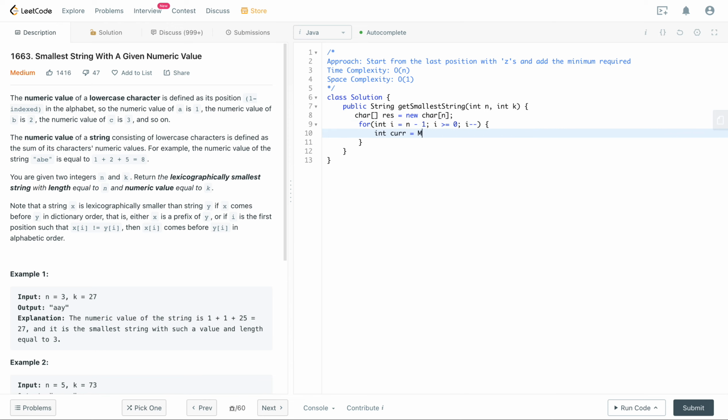And in current, it would be the Math.min of either 26 or k minus i. So what exactly does this mean? It means get me the minimum of either 26 or k minus i. What is k minus i? K minus i is the digits that are left to the left of the current index,